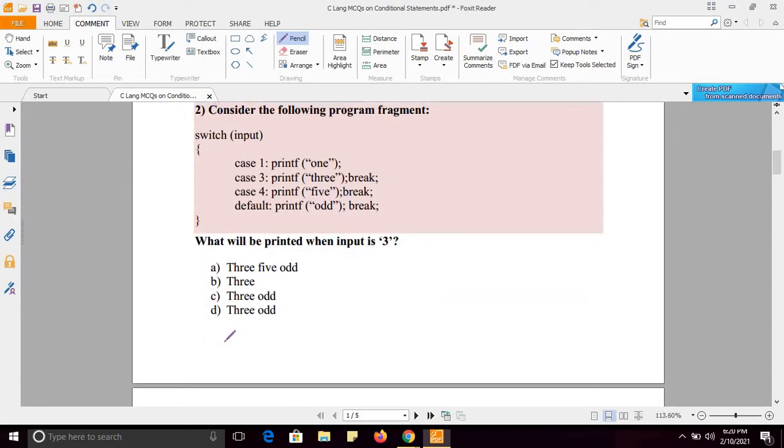Second, consider this program fragment. What will be printed when input is 3? I have just explained the switch case statement. Keeping that in view, explain what will be printed when the input is 3. Here I am passing input in the switch statement.